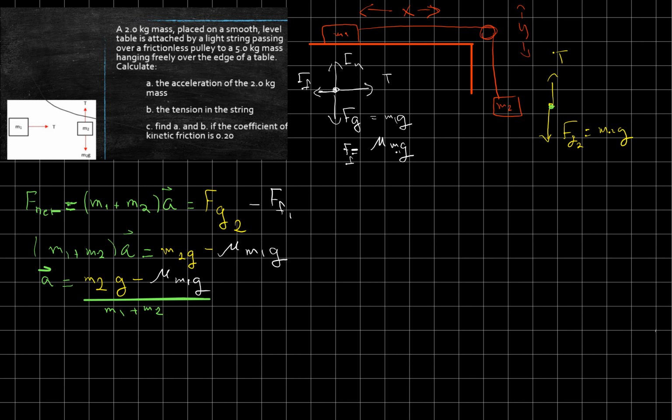Now the tension in the string. When we look at the tension, you can look at mass 1 or mass 2. I'm just going to pick mass 1. If you're looking at mass 1, the F net in the x direction, so F net in the x direction here is mass of object